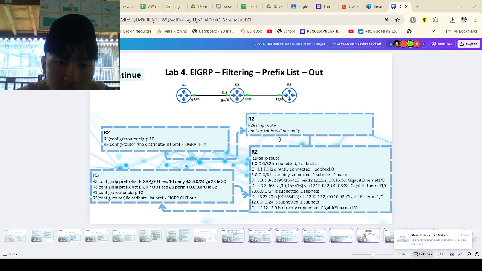So you want R3 to keep some networks private, not tell other routers about them. Maybe these subnets are internal test networks or too many little subnets. You don't want to flood the rest of the network. And the second is filtering outbound stops R3 from ever advertising those subnets to R2 and thus to R1. So as you might see on the R3 here,